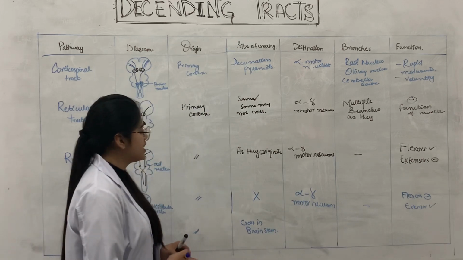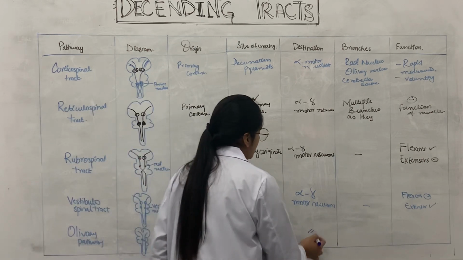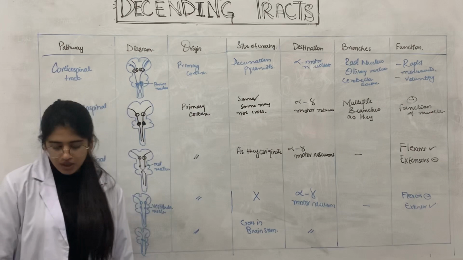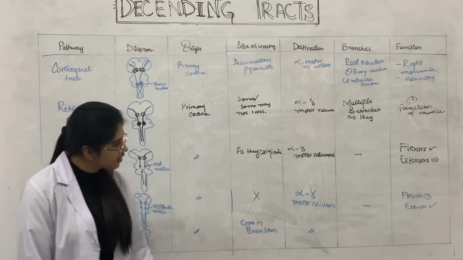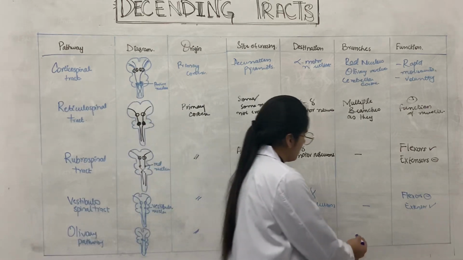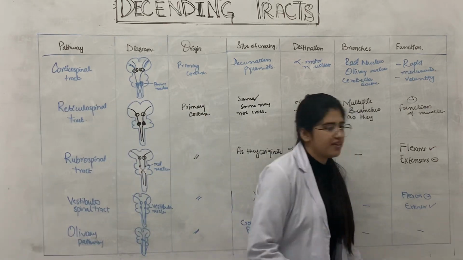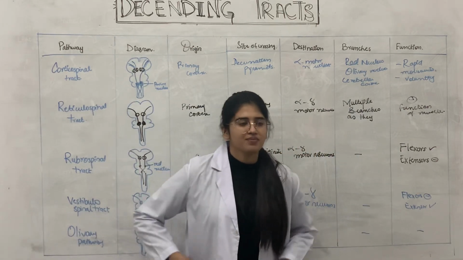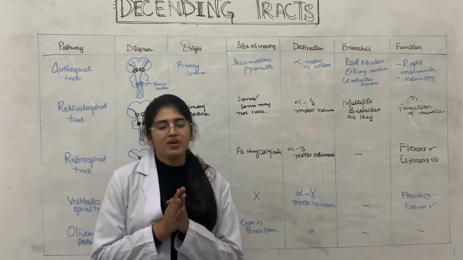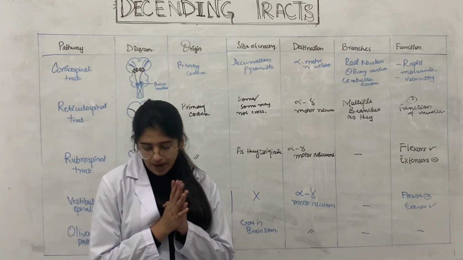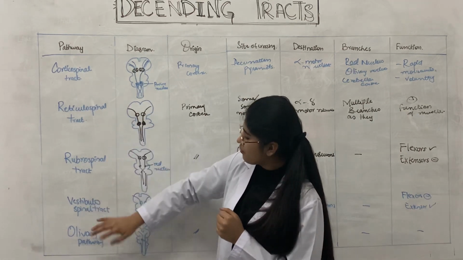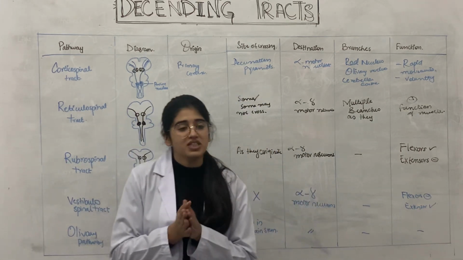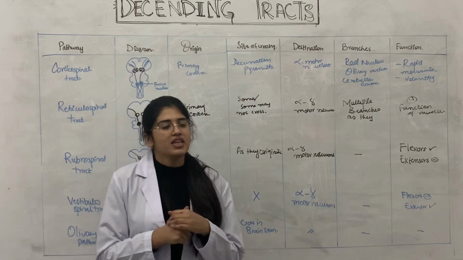And what about the destination? Destination is the same, alpha and gamma motor neurons. And what is its actual function? The function is not very clear, so we cannot write anything. Okay. So up to now we have discussed how many tracts? 1, 2, 3, 4, 5 tracts we have been discussing, which are the major tracts within the descending